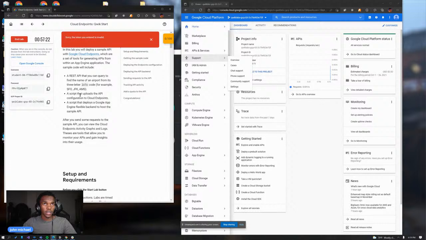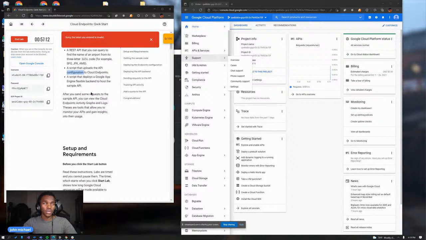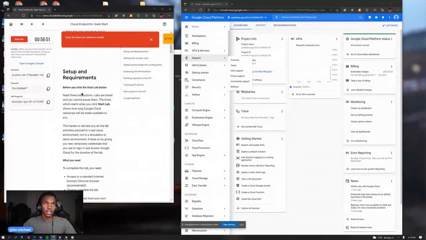As we go on, we will upload a script which contains the API configuration to Google Cloud. The script will go ahead and deploy a Google Cloud App Engine, which is flexible for hosting APIs. After that, we'll send requests to the API, and we'll be able to view the data and see the activity our API is doing. So these are the steps. Before you click on the start button,